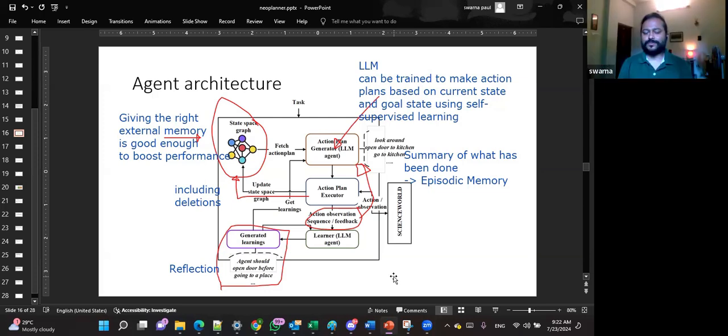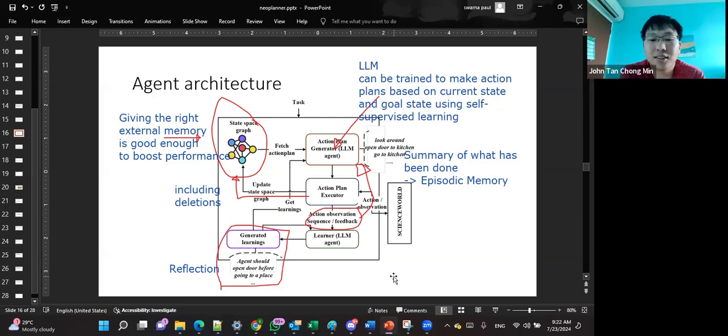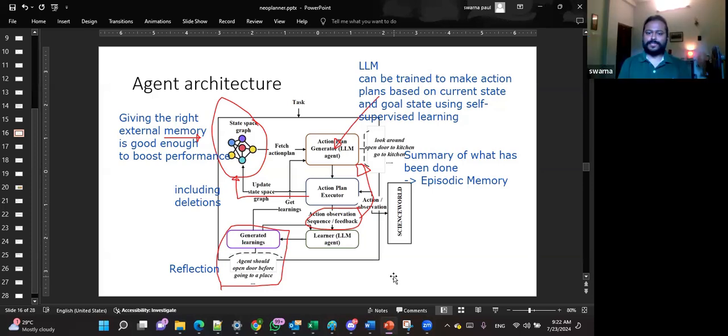Sequence of actions where? Like this action observation sequence. Even without it, the agent is performing quite well in ScienceWorld, which also means that ScienceWorld doesn't need that information, because the state is enough for the agent to decide. Yeah, state is enough, but here in the action plan generator, we are just supplying the current state and the previous action observation sequence.